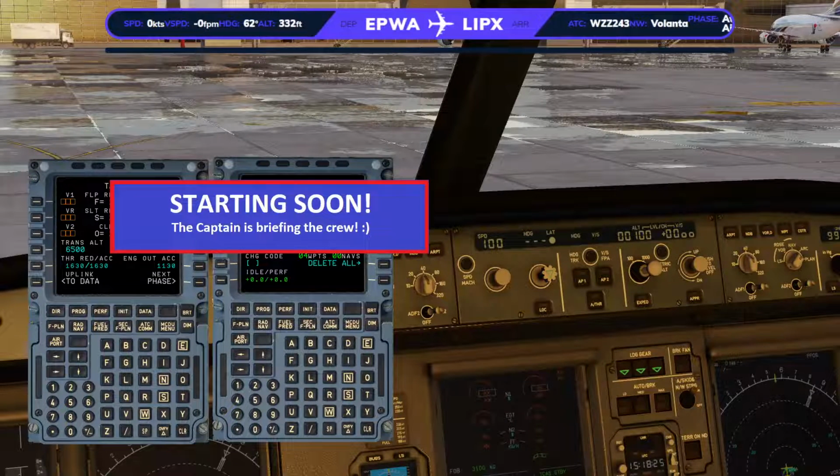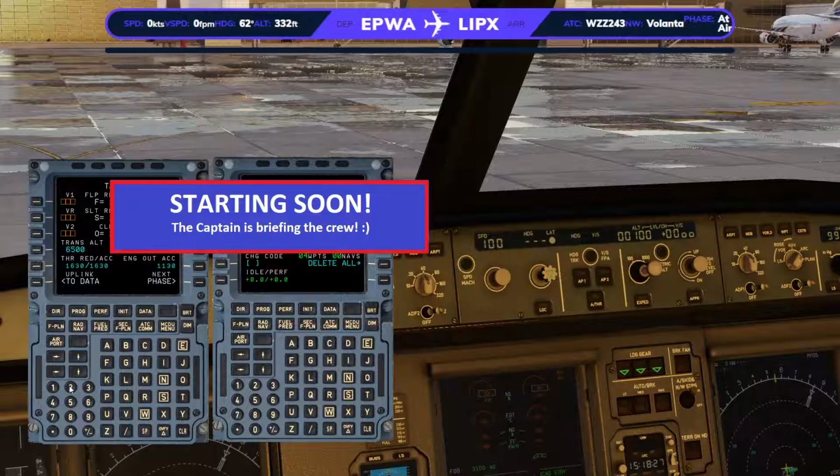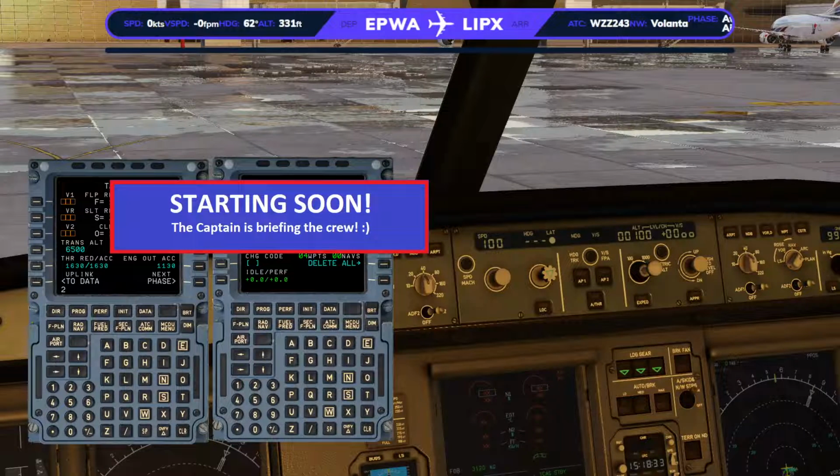Before we do that, we're just going to go ahead. I like to do a flap 2 departure, probably just a bit set in my ways there now of doing that. So let's just tell the calculations that we actually want it to do a flap 2 computation and not to consider any other flap settings. So that goes in there. We're now going to go ahead and say takeoff uplink,